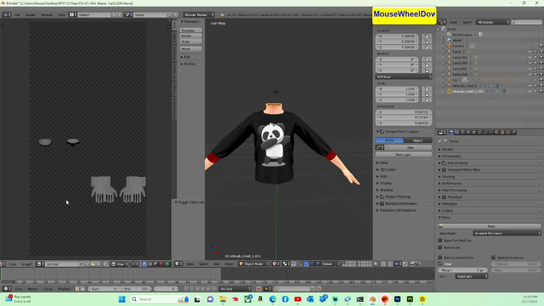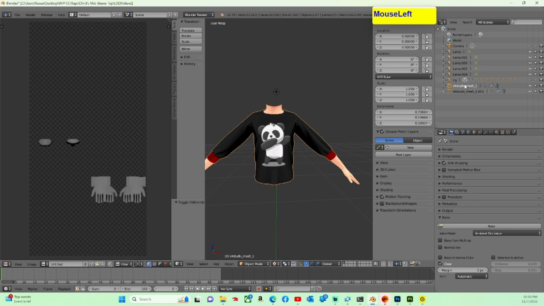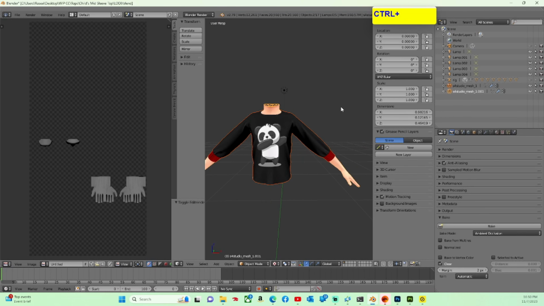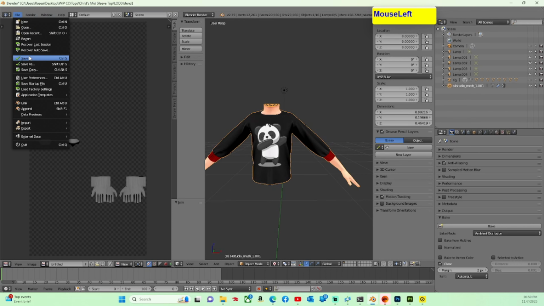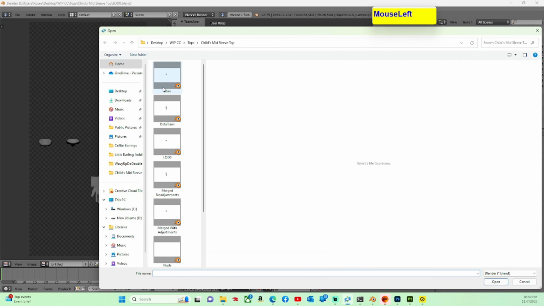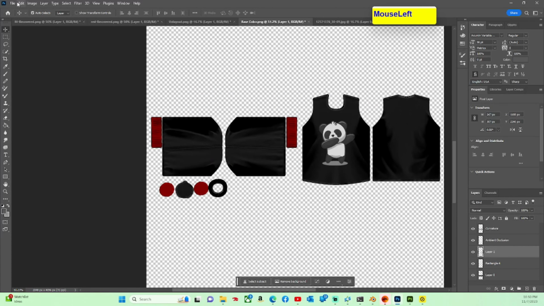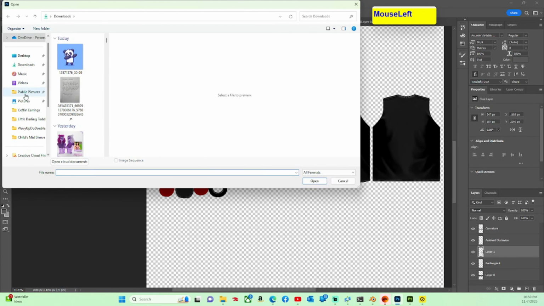You should get something like this, and we're going to go to Image, Save as Image, and then save it as the shadow map. And then we're just going to put the shirt, attach it back to the body, and save this. And import that into Sims 4 Studio as the new LODs 0. While that's importing, go back into your photo editor